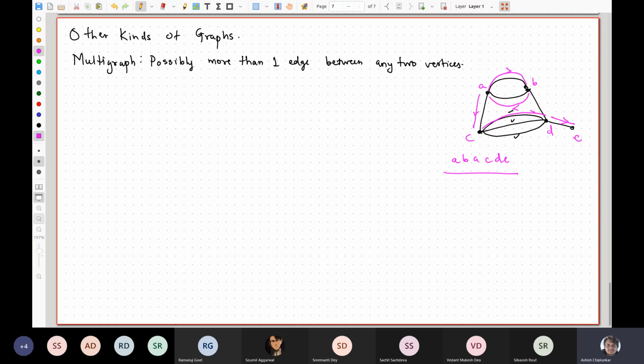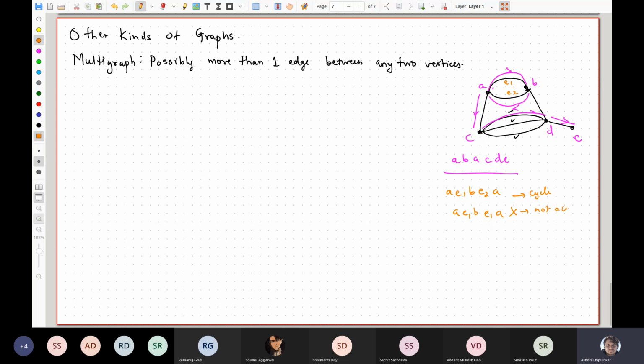Okay, the notion of paths is the same, a walk without a repeated vertex. Connectivity notion is exactly the same. Cycle notion slightly changes. I need to give names to the edges also now, and I need to include those as a part of my description of a walk or cycle. So let's call these E1, E2, right? So I could say that my cycle is A, E1, B, E2, A. This is a cycle, but A, E1, B, E1, A is not a cycle.